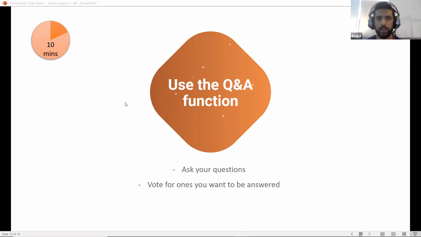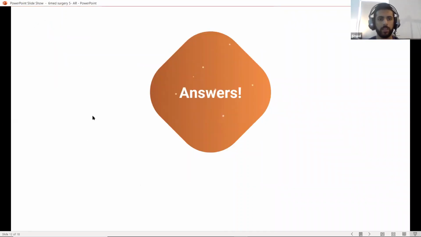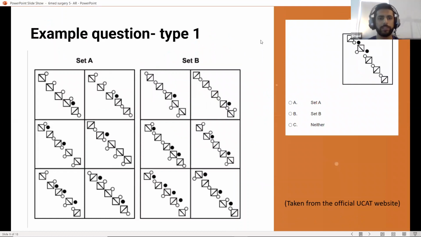Yeah, I can see some people asking some more questions about that. So when I'm presented with something like this, my first initial reaction is that all of the big shapes are going in that diagonal line. So it's not going to be anything to do with where they are in the box, or the shape type, or the number of sides. So I'm immediately starting to look at the details of the smaller shapes. That's the thought process I'm going through.